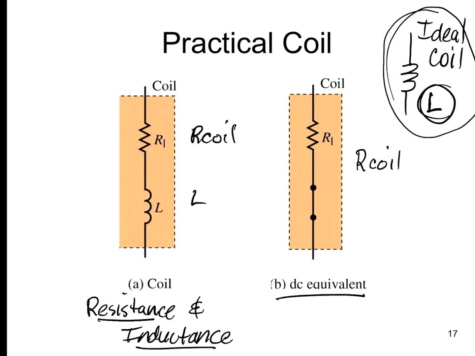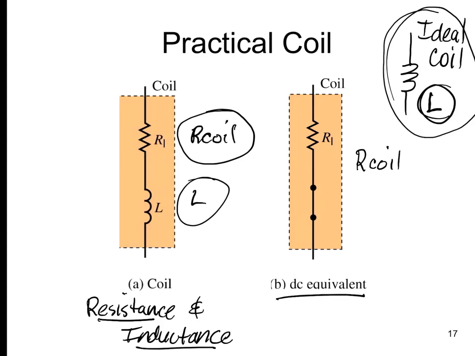So here's an ideal coil on top. The only thing we have to deal with is that value in henries. But in reality, any of these coils actually have resistance. A small amount, but they have resistance. So really, when it comes to a practical coil, we need to understand that it is an R coil value, right? And an L coil value, of which we usually use the series model of showing R coil in series